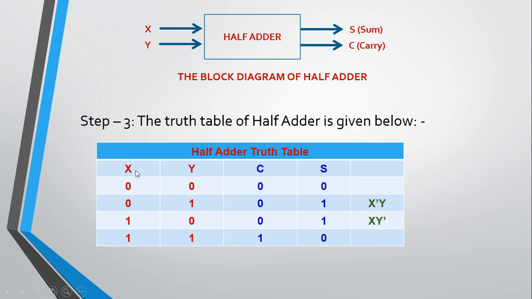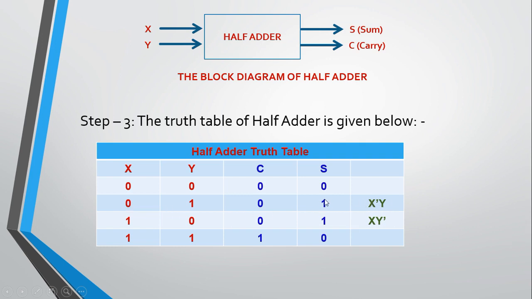So over here we have written four possible combinations for two input variables, that is 0 0, 0 1, 1 0 and 1 1. Now when you perform sum, that means addition of 0 0, it will return 0, 0 1 will return 1, 1 0 will return 1 and 1 1 will return 1 as a carry. Now see, if you want to write the Boolean function of S variable, at that time S equals X'Y plus XY'. Right? So that is how we have written that.